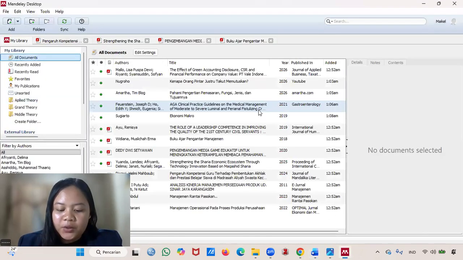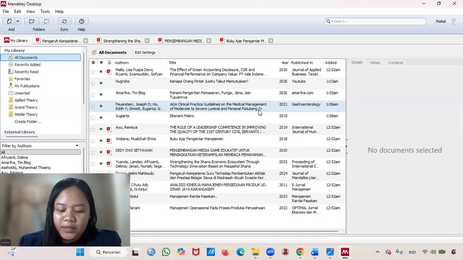So that is the complete tutorial on using Mendeley to support our research methodology assessment. We covered everything from importing journals, proceedings and physical books to inserting citations.